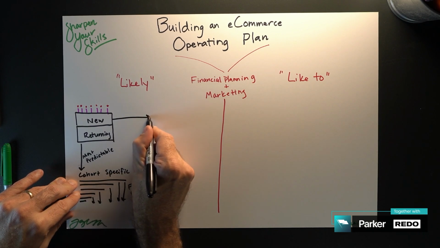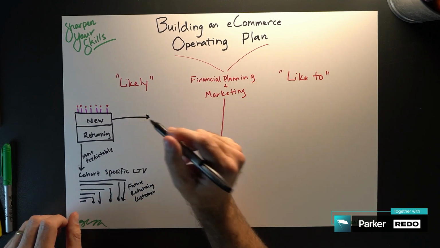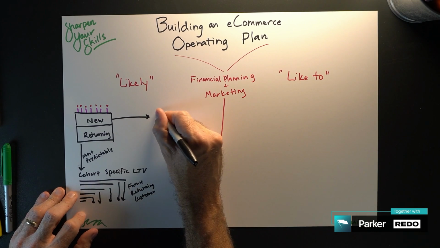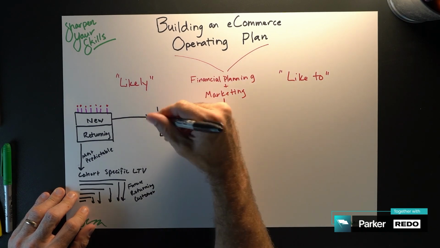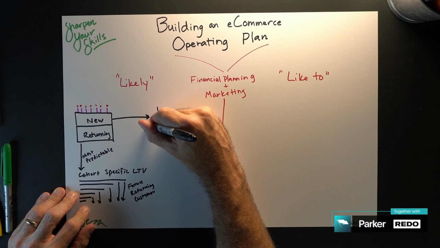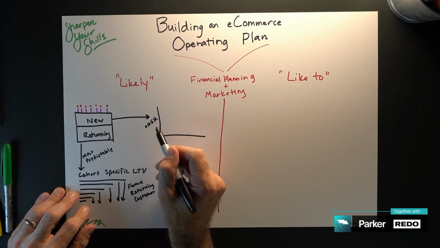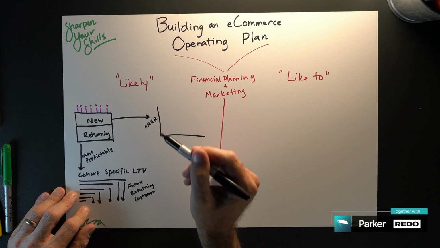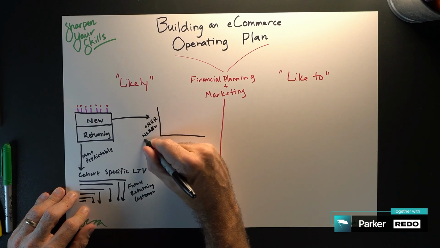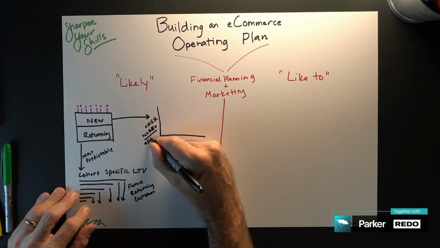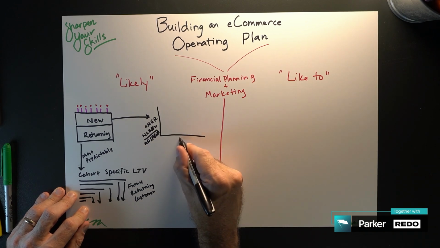Harder to predict, but still able to be modeled, is the efficacy of new customer acquisition in the future. To do this, I would recommend analyzing the relationship between your AMER, which is an acronym for Acquisition Marketing Efficiency Rating. That's new customer revenue over ad spend. So we'll say NC Rev over ad spend. Just think of that as the efficiency of your new customer acquisition on the y-axis. And then you have spend